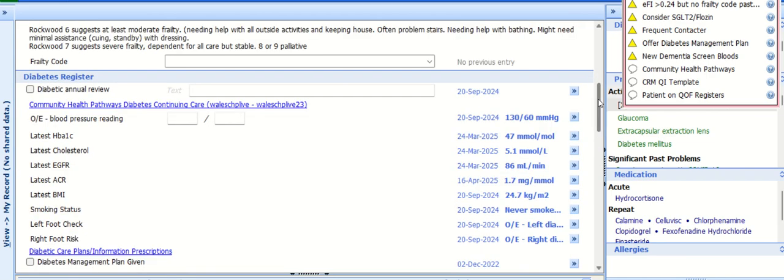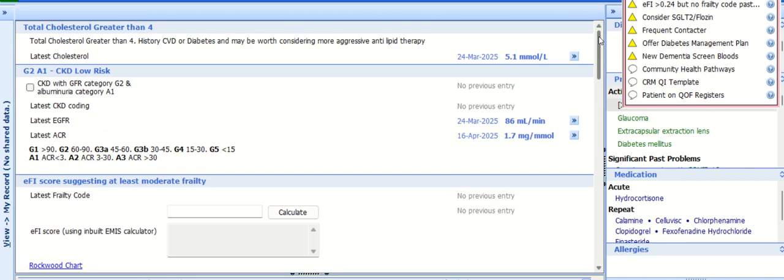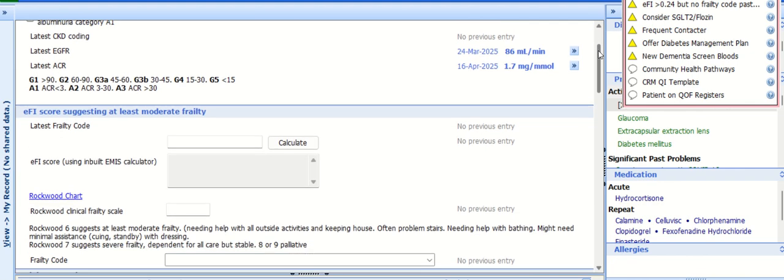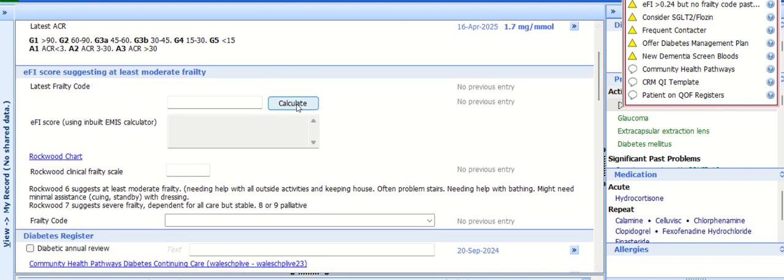But the important issue with this one is we're also wanting to consider frailty and code a Rockwood score when we're seeing the patient, and you'll see, if this person's likely to have an EFI of over 0.24, it'll work around the background. You can use EMIS's own prompts and concepts, and yes, this person's likely to be at least moderate. Now, I know this fella's quite frail. He's not really dependent on old people's care. He's actually moderately frail. I'd say he's a Rockwood 6.